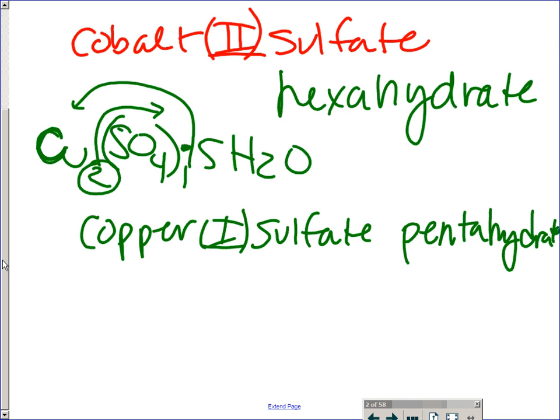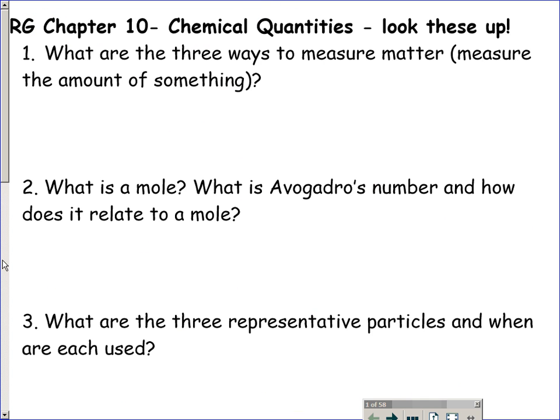Okay, so we are done with nomenclature, but we're going to use it basically until infinity and beyond. So you have to know your nomenclature so you can approach everything with intelligence and you don't always have to use your cheat sheets in your notes. So what I wanted you guys to do first, this is the first part of your reading guide 10. I'm just going to get you started on the first 3, and look at reading guide 10 homework tonight. So write down someplace RG10. You are just going to look these guys up, first 3, because this is the premise of our notes today. And we have about 25 minutes, so we're going to see how far we get today.